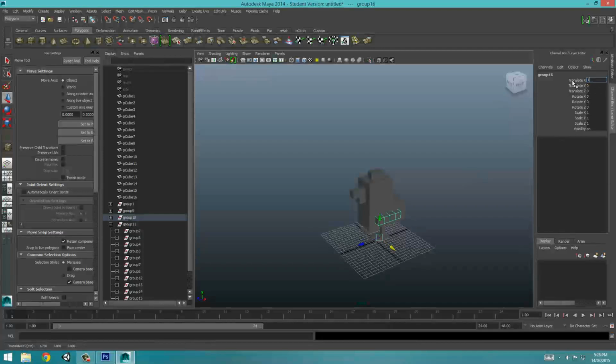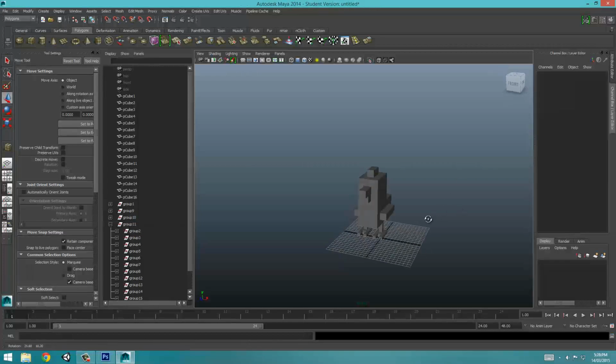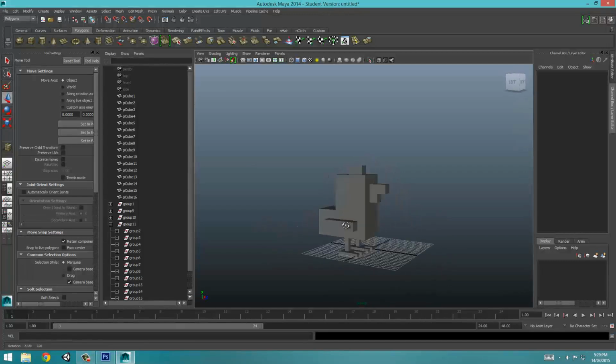Translate on the Z axis by 2. Now Control D this and put it over here. And so that should be -6. So there you go, that's looking good. So now I'd say that we finished the process of modeling, and what we're going to have to do now